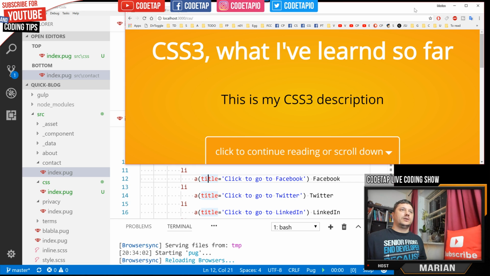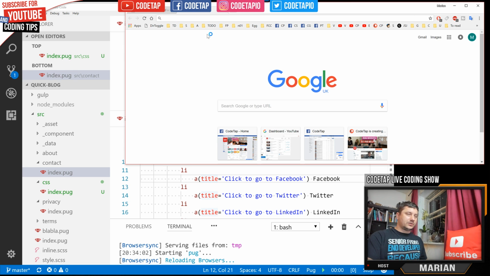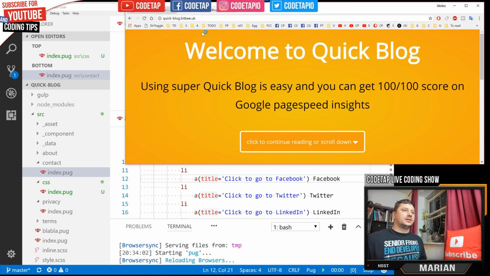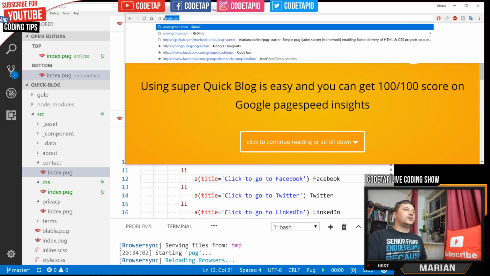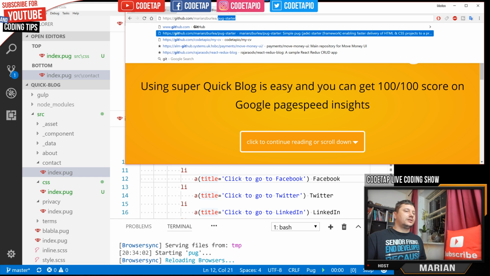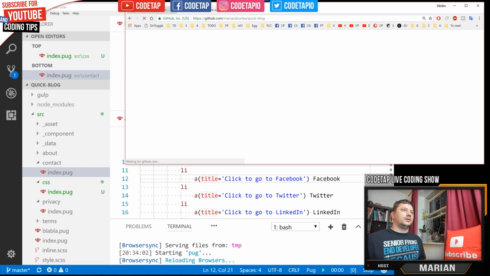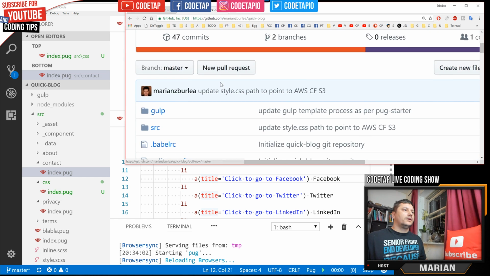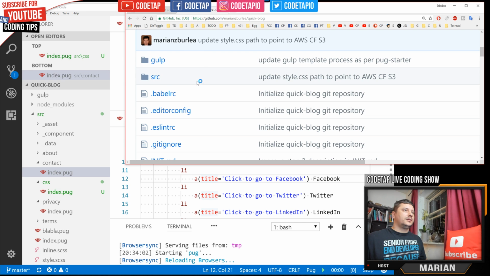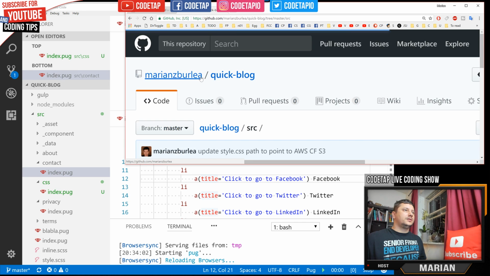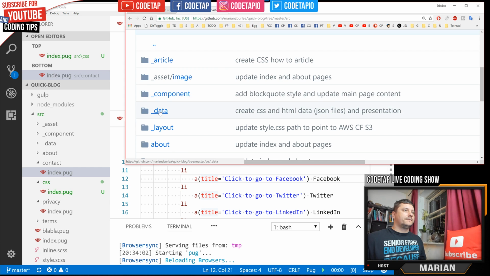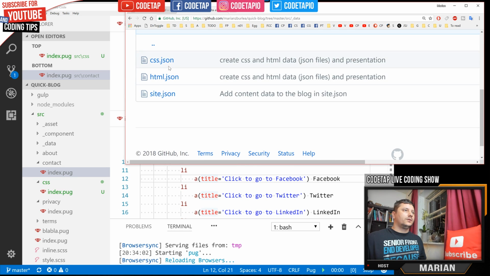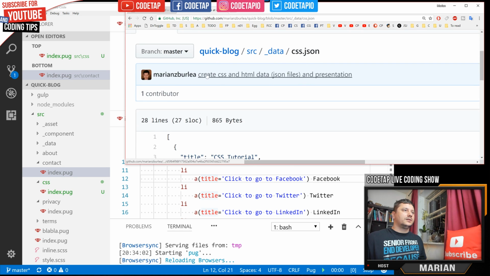So let's quickly go to the old project, because I've already done some content over there. Not this one, the one on GitHub. So GitHub, not PUG starter, quick log, the old one. And into src, and data, got this CSS JSON. So basically,